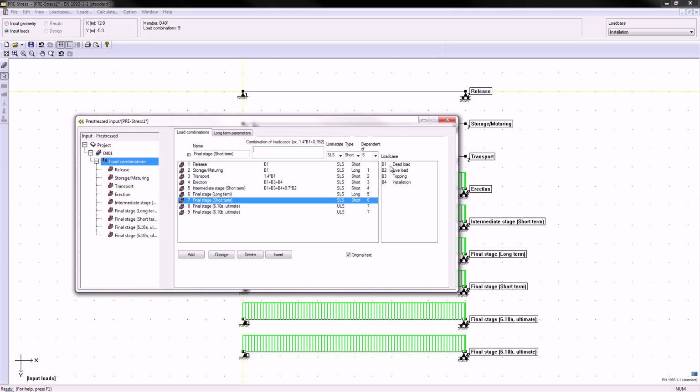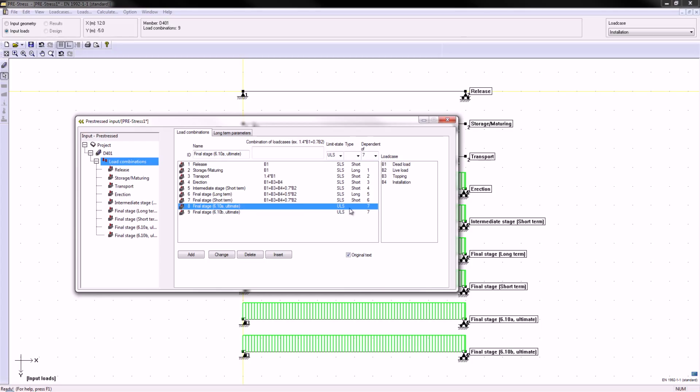So here we have the dead load, the topping, the installation, and 0.7 times the live load. As for the long-term load, I have the dead load, topping, installation, and 0.5 times the live load. For this particular case. Then we have the two ultimate limit stages,